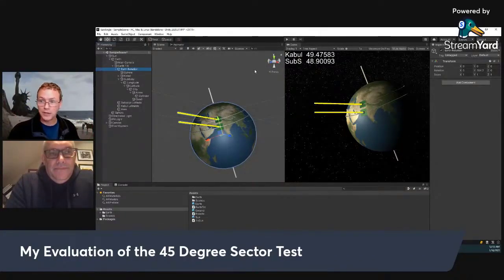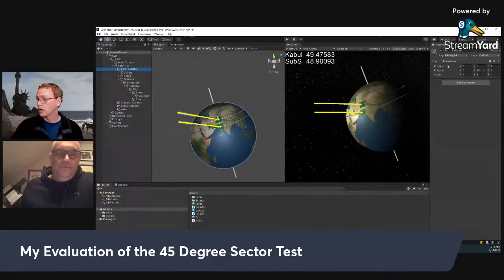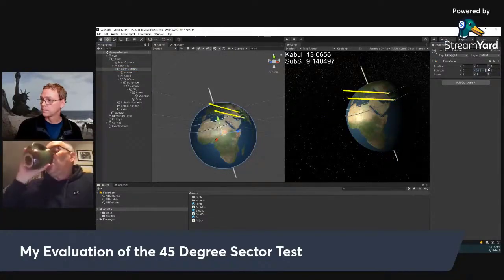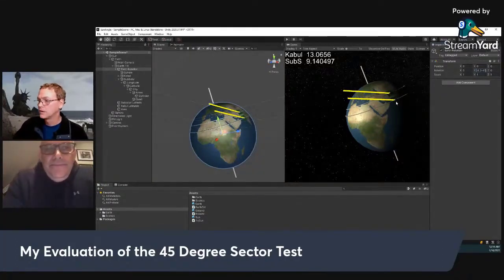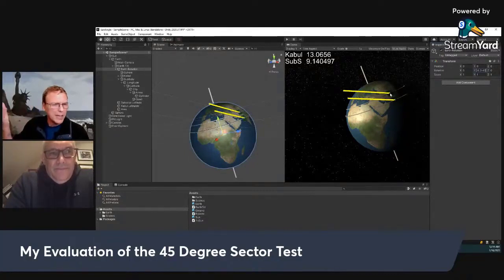But globe Earth math says, no, that's not correct. And let me show you right here. Let's just go another 45 degrees. I think you can see in this view, the subsolar point is almost about to go into twilight. Kabul is still in the daytime, which, as we know, is true, right? We know that in summer the sun's up late. You can get sunlight all the way up probably around 9 in the evening. You can still see light.